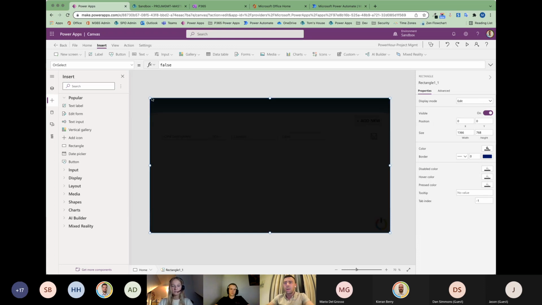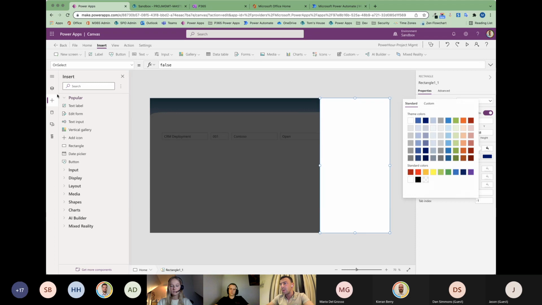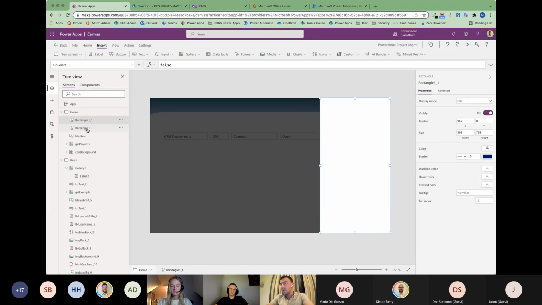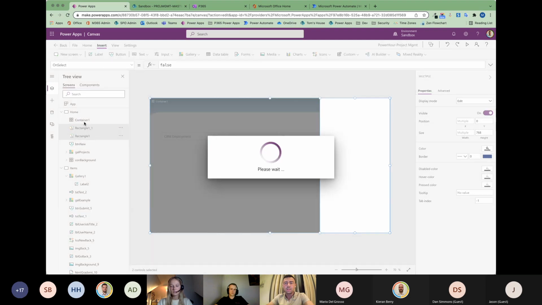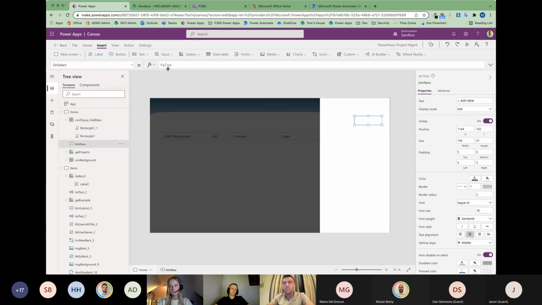I'm going to copy and paste it, and create another one. I'm going to place it on the right-hand side over here, and I'm going to make it white. What I'm doing by doing that, and if I group them together, we covered containers in the first one, add to container, is creating myself a pop-out, which I can then do off the button press